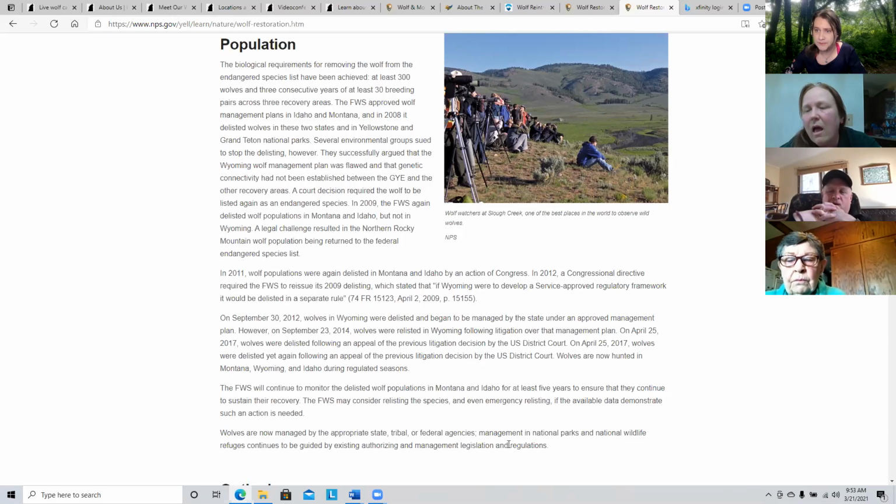Why have a wolf reserve? There are a lot of different places that have wolves. There's places that do research, wolf research. There are places that are photo places where people can go and take photos of wolves. There are other educational facilities, and a lot of those facilities have wolves because there are laws that allow them